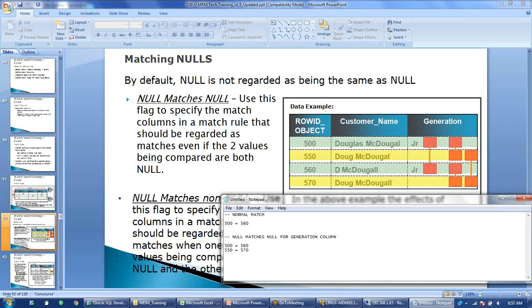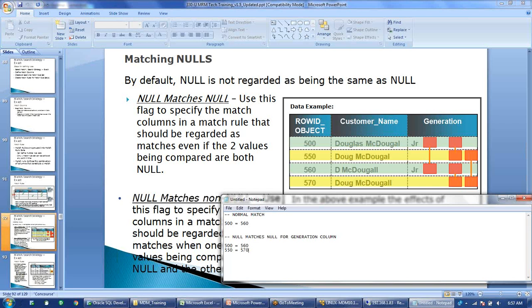Sometimes we need to use this scenario, like I just explained about the middle name, because middle name is usually null for most of the people. So we have two options. Either you don't include the middle name in your matching, just use first name and last name for matching. But if you have selected middle name also as a matching field, then you will have to use this option null matches null.